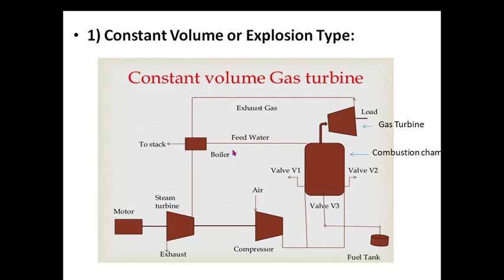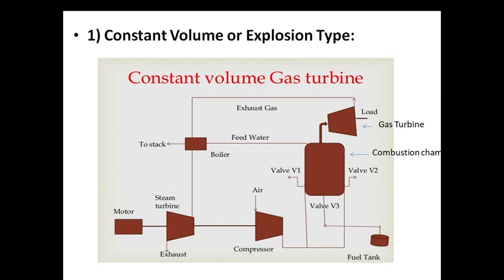These are the extra parts, but the important thing is that when you close valves V1, V2, V3, then at constant volume the fuel is burned here, so we name it a constant volume combustion gas turbine. In this combustion process, the combustion is carried out at constant volume, and the turbine works on the